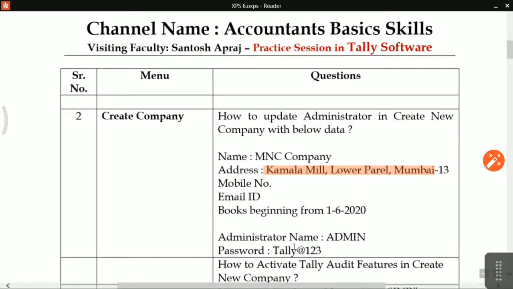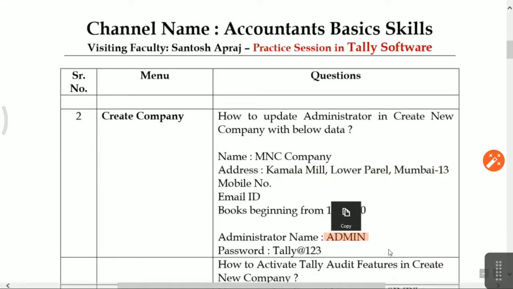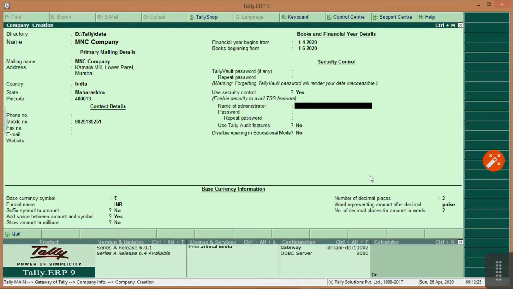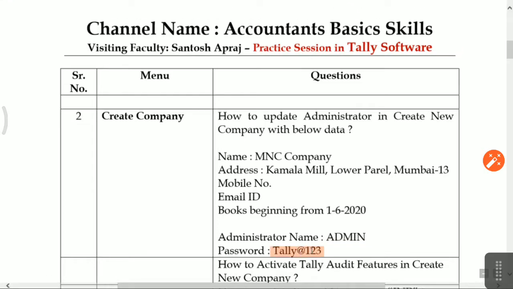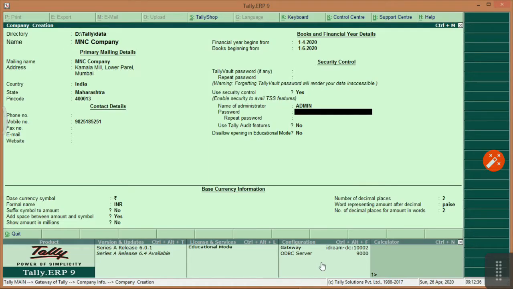Name of the administrator is admin and password is tally@123. Friends, just see here, if your password strength is good, then a message will appear on your screen.